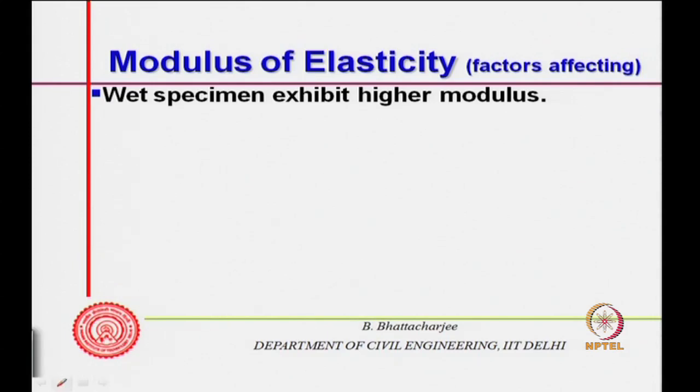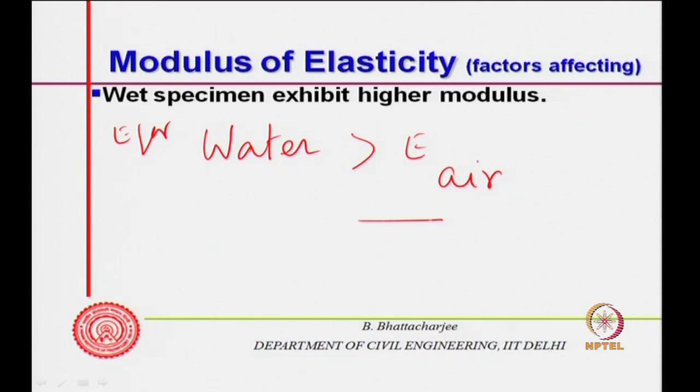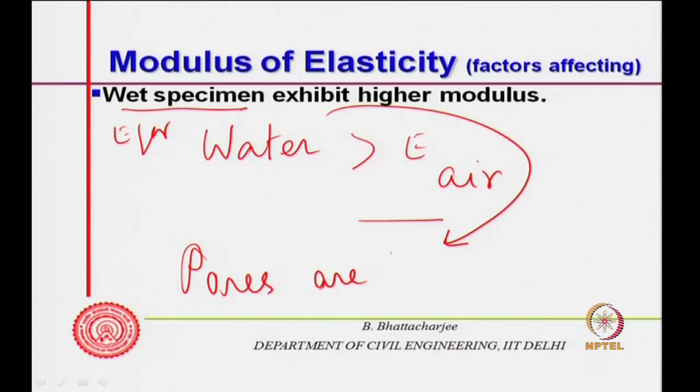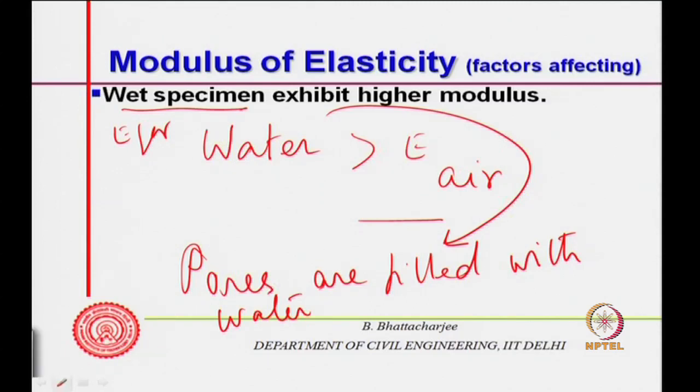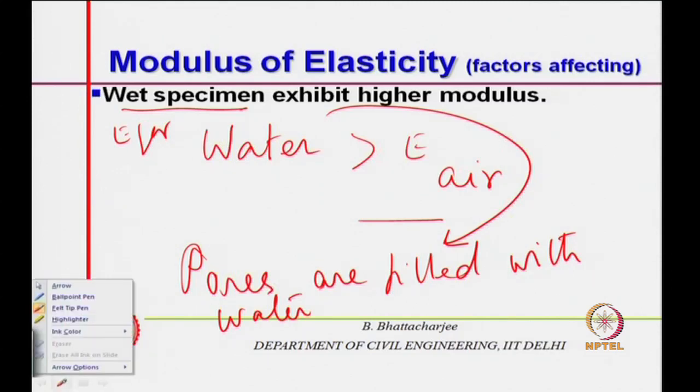Why? Because E for water is more than E for air, both are fluid by the way. So, for wet specimen, the pores are saturated with water, pores are filled with water. They replace the air. So, therefore, modulus of elasticity is likely to be higher, because now the pores are filled up with